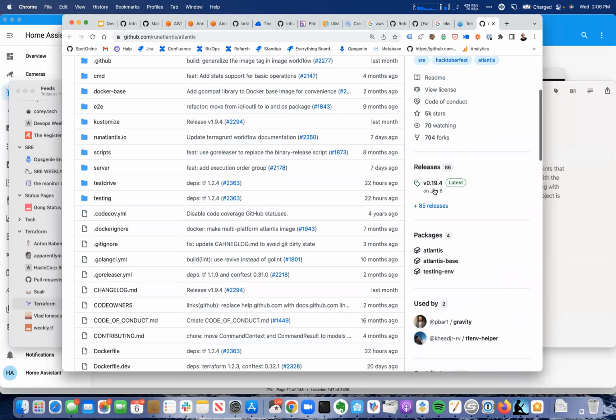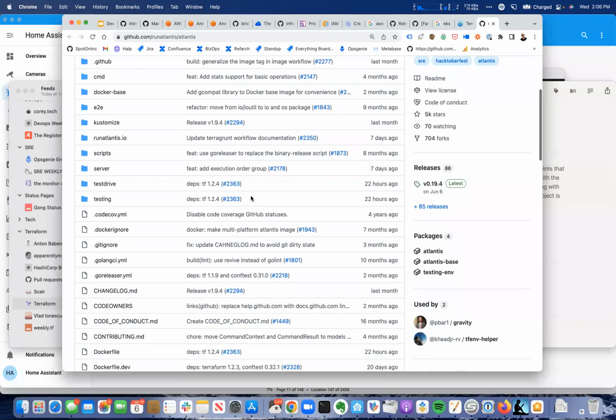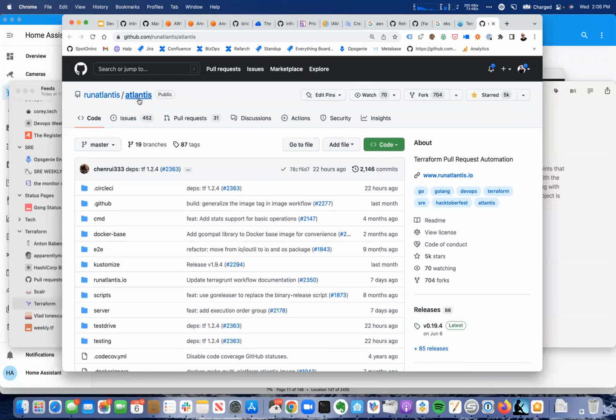They're cutting releases on a regular basis now. We have some members in the community. Pepe, most notably, is one of the maintainers and helps cut some of those releases as well. So Atlantis is the first Terraform taco provider, you could say. This Terraform automation and collaboration software